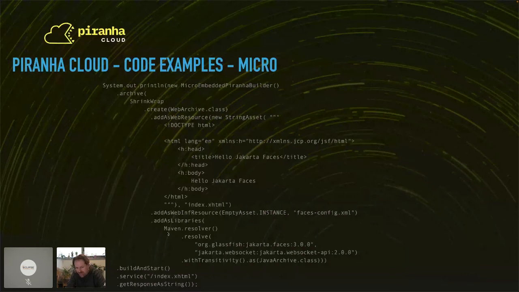So this could be on the class path. This could be on the file system. It could come from the network. It depends on whether you already have these dependencies. And internally, this will take up memory, of course. So this is something to take into account. Otherwise, you have a perfectly isolated system here.